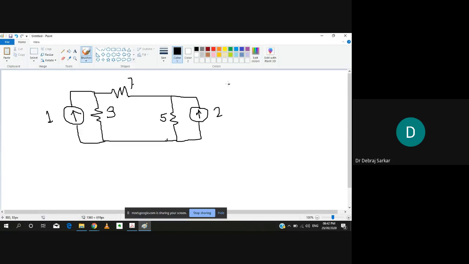So we have seen that this circuit can be represented by a graph that has three elements and two nodes. We will not consider this ground node, so it will not come into the picture. Let us give it some direction. Now I want you to find the bus admittance matrix. I have told you how to find it. Someone tell me the first row.